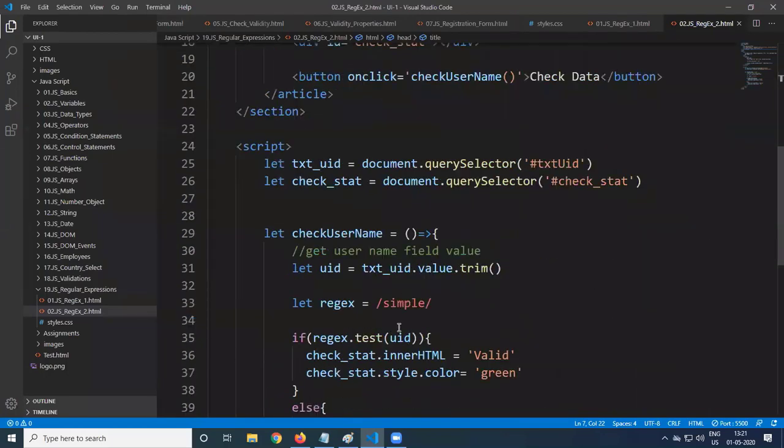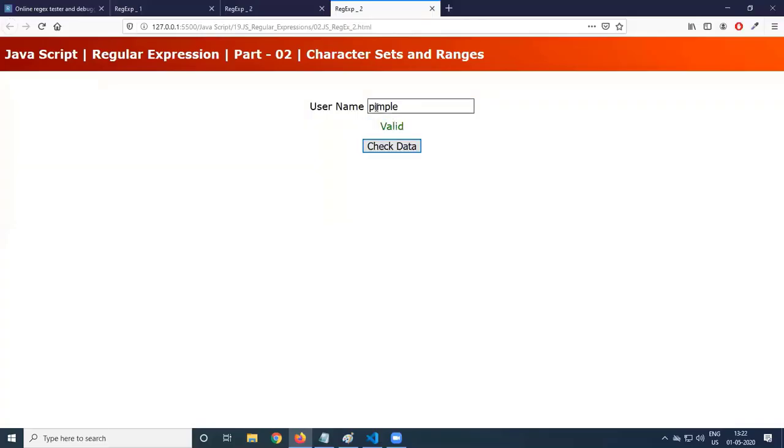For that purpose, you give inside square braces a word that starts with S, D or P, the first character. So this represents the first character. The first character can be S or D or P, followed by IMPLE. Now you say pimple, valid. Simple, valid.